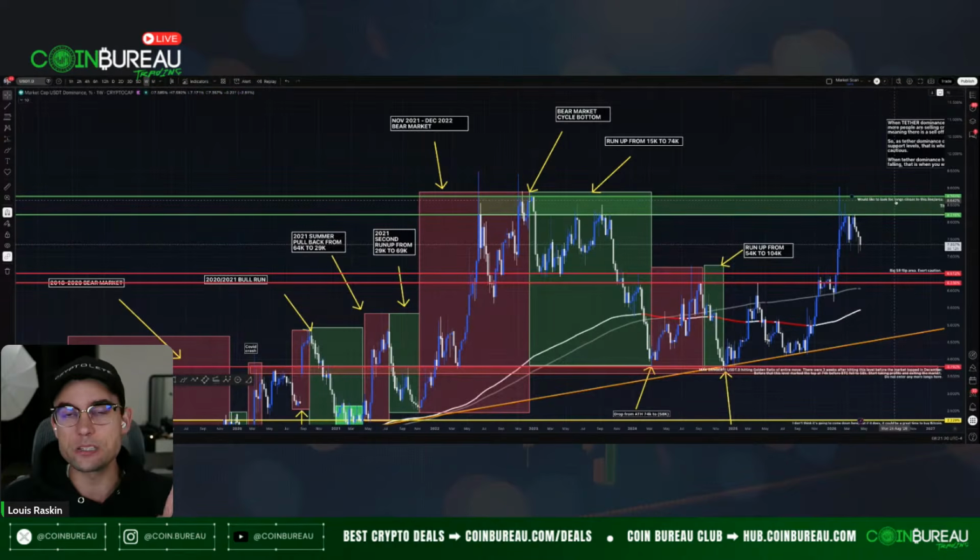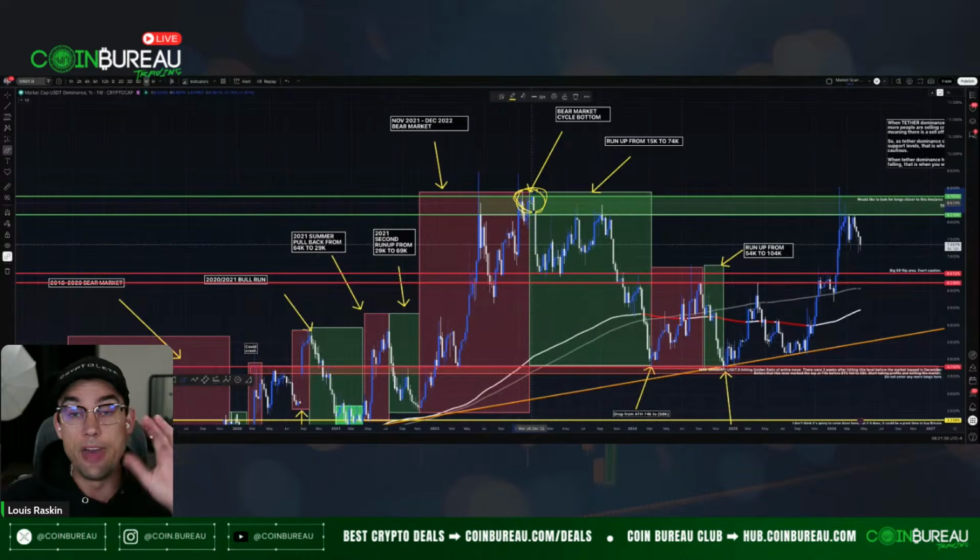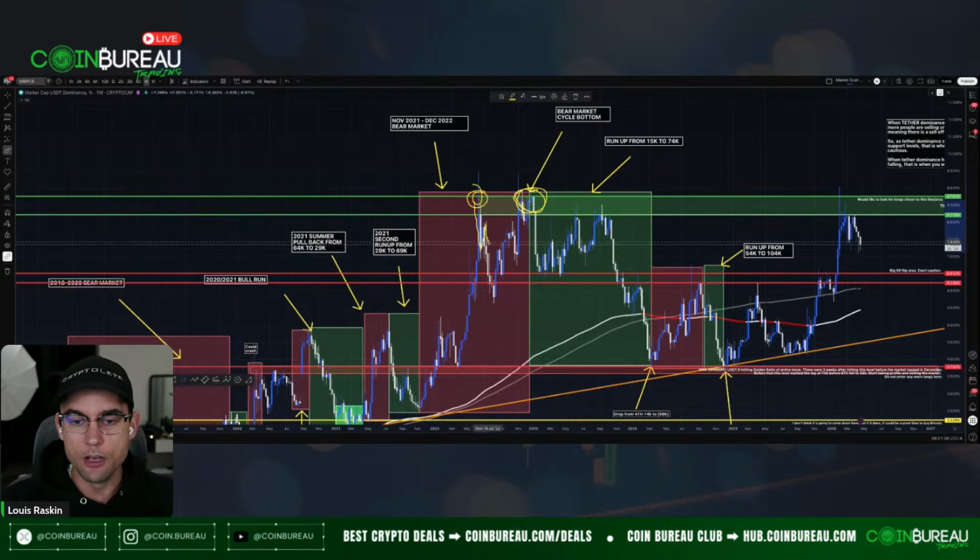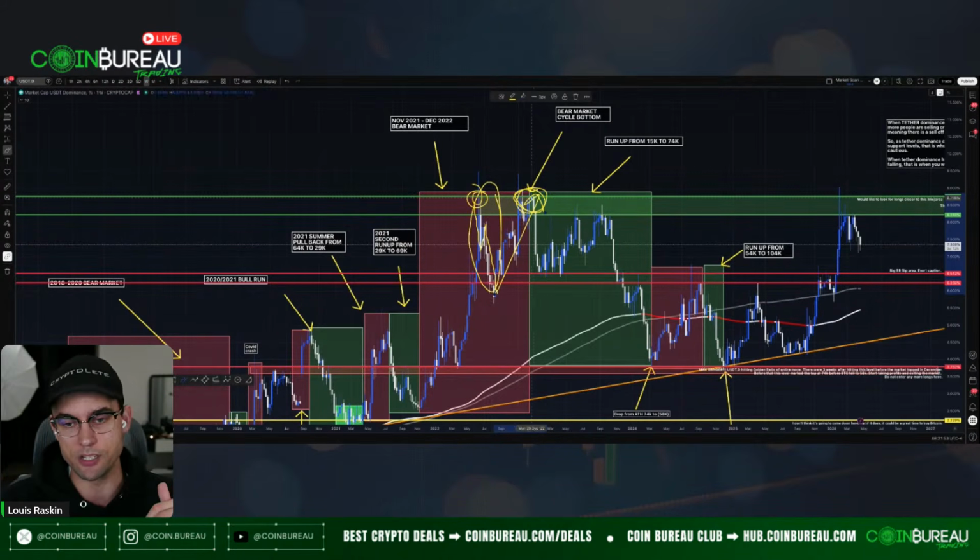This is why I'm still hesitant. This is honestly why I'm still hesitant, because you could see right over here, we had the body close at this area, and then that marked the actual bear market bottom. But before that, we had a wick into this area, and then we had a bearish market structure breakdown and a move down. A lot of people were thinking this was the bear market bottom, but then of course we ended up dropping, and that's when Bitcoin fell to around 15,000. It went from like 20,000 to 15,000, right around here. And then that was the actual bottom.